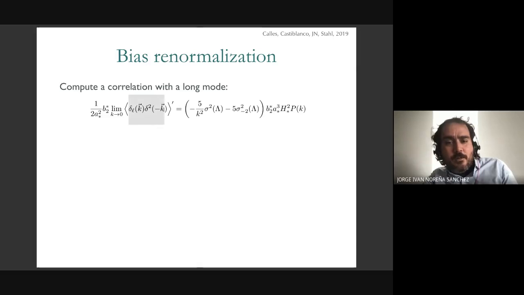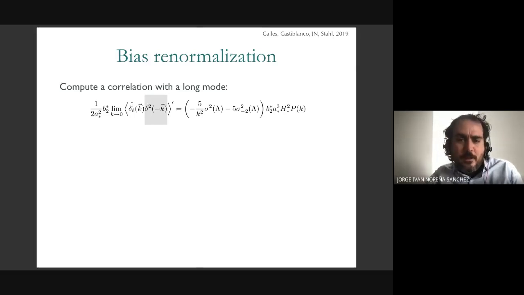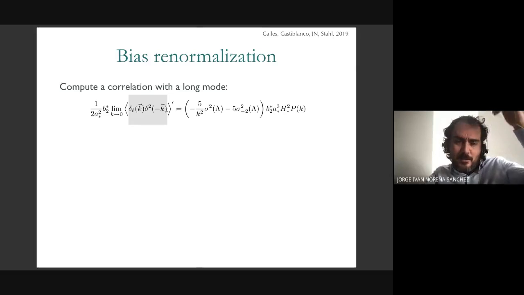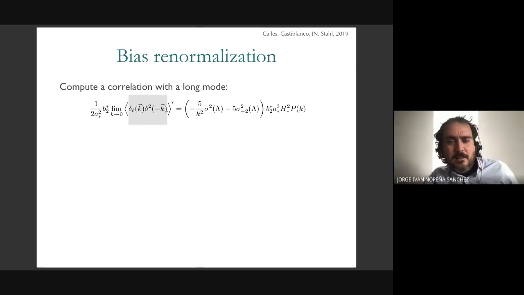And when I consider the correlation with the long wavelength mode, in the Newtonian case, for this quadratic operator, it's 0. For other operators, it's not, and you have to be careful and subtract appropriately. But for this operator, it's 0. For us, also, for example, in the presence of primordial non-Gaussianity, this is non-zero also in the Newtonian case, and you have to renormalize it appropriately. For us, even with Gaussian initial conditions, this is non-zero.